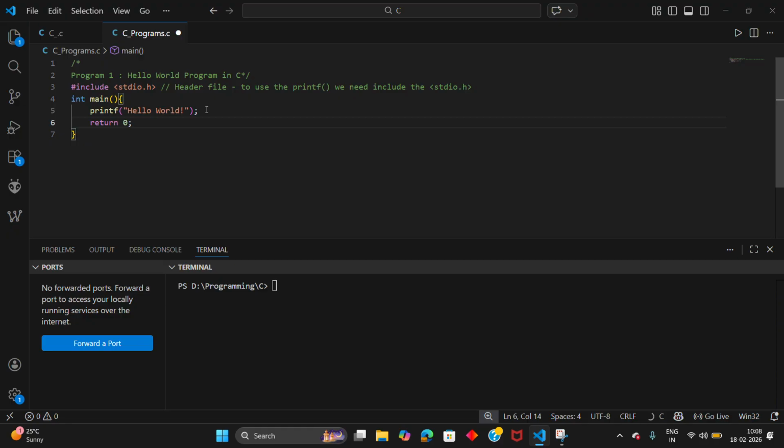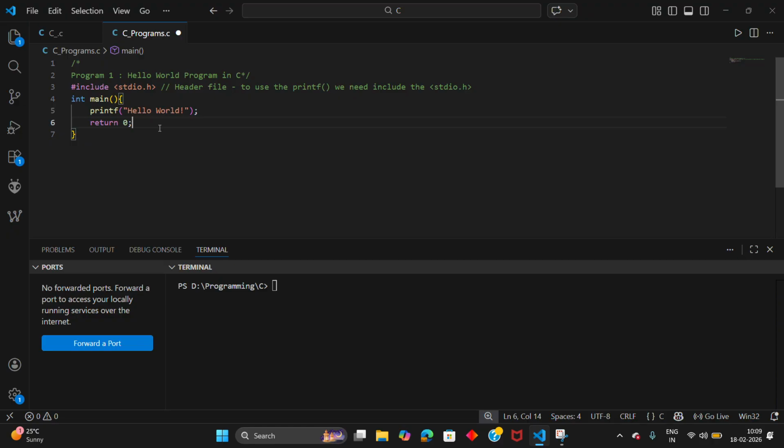Why is return 0 useful? Whatever you write after return 0 will not get executed. You need to write the code you want to execute before the return 0 statement. If you write something after the return 0 statement, it will be ignored by the compiler. If any value other than 0 is returned, it means there may be a chance of errors in our code, and you need to check it.